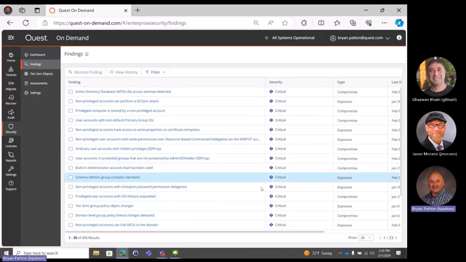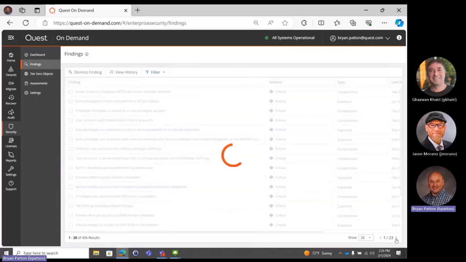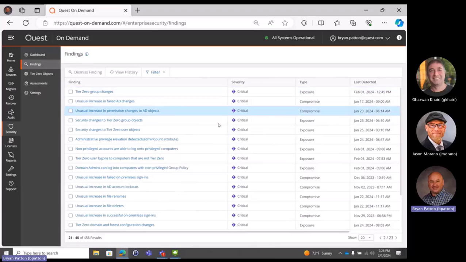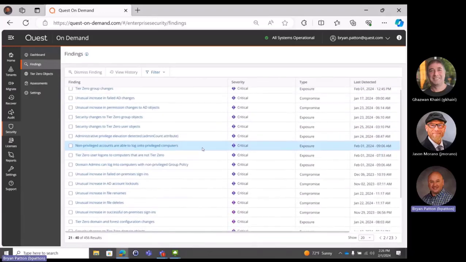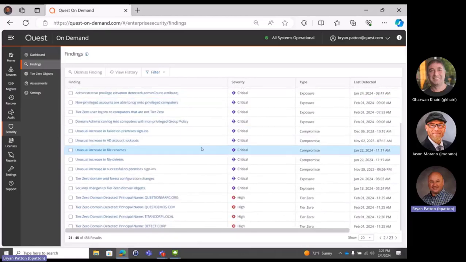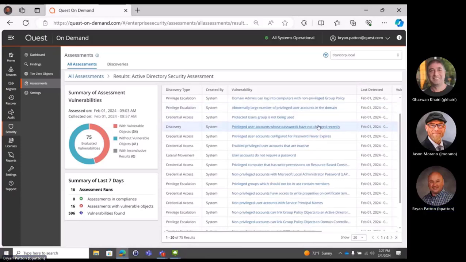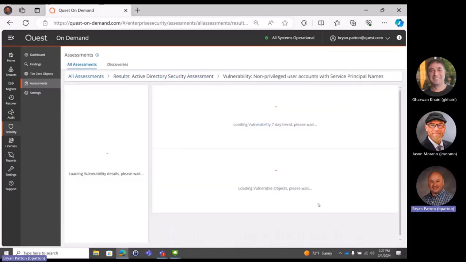So there's findings in here, and I think we had something in here around service principal name. So you see that word service principal name, that's related to the Kerberos stuff. And while it's not Kerberoasting or an event actually occurring, you don't know that, right? It's taken offline. We can see where people could, in fact, do Kerberoasting to begin with. And I'm looking for service principal name. See this one right here? Yep. Here's a non-privileged user account with service principal name.